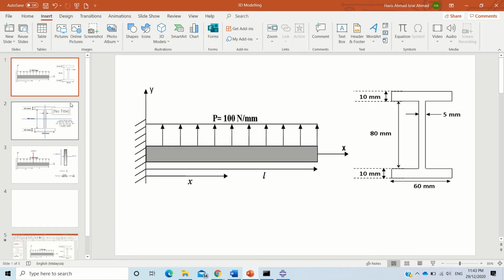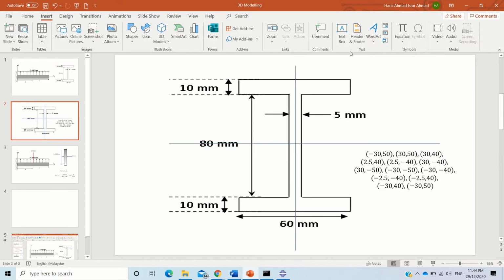In this video, I would like to show you how to solve this problem by using 3D modeling in ABAQUS. So, we are trying to solve the same problem with the same boundary condition, with the same loads, and with the same profile. To help us in drawing this profile, it's better to know its coordinates, so that by knowing the coordinates of all these corners, it makes it easier when we draw